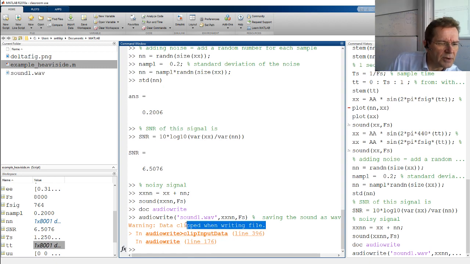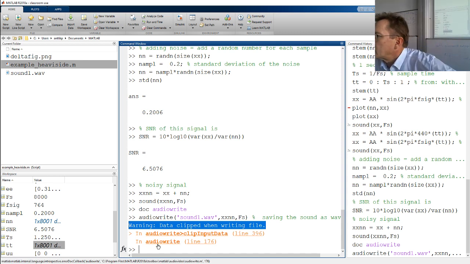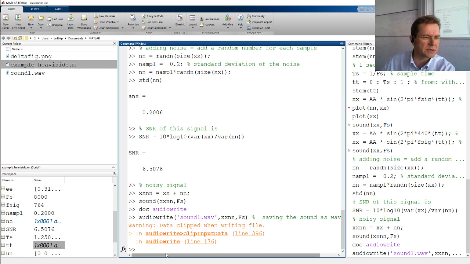Data clip when writing file. Okay, in principle, you should normalize all of these sounds between -1 and 1. When we added some noise, since the amplitude of the signal was 0.6, some of those values actually went above 1 or below -1. So before saving, to make sure that you get everything what you really want,